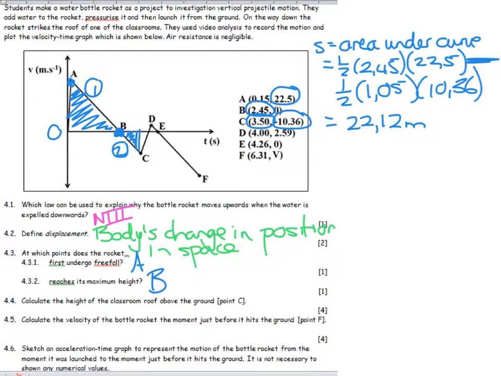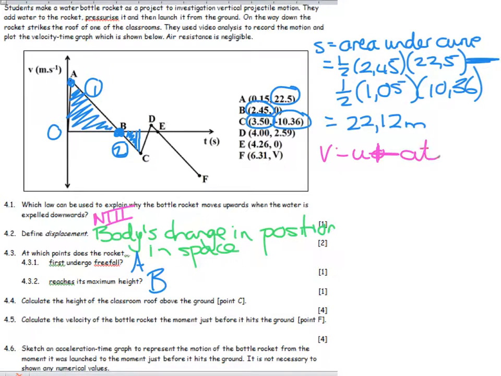Calculate the velocity of the bottle rocket the moment just before it hits the ground, in other words, at point F. So we're trying to find that velocity over there. We do know what happened at E. It was going at 0 velocity. And we do know a time between E and F, and we know that it was in free fall between E and F. So we've got a fair amount of information, and we can say